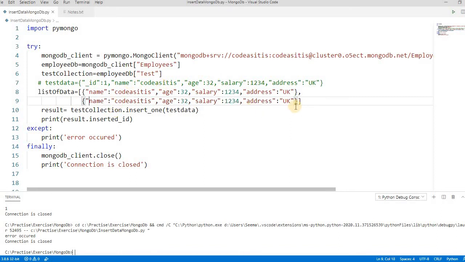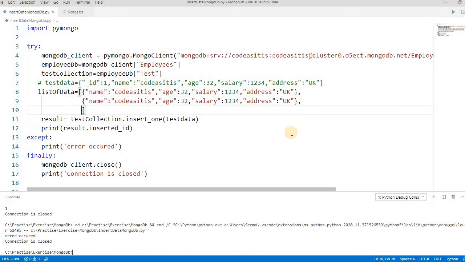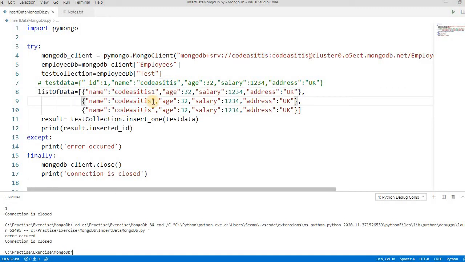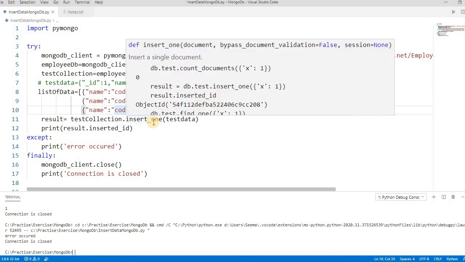If you write one more row, we are inserting 3 rows, with names 1, 2 and 3.